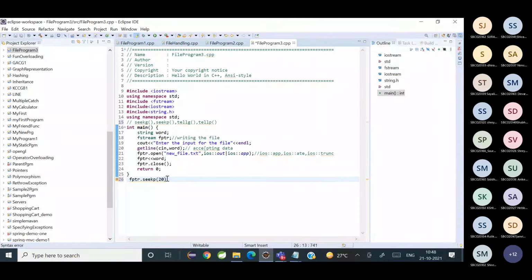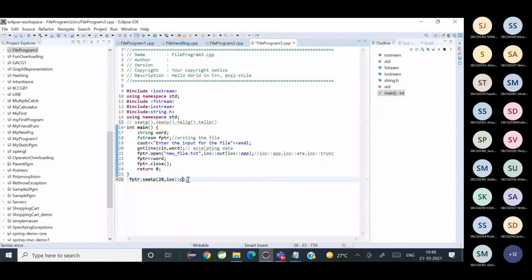Now suppose I write 20 comma ios::cur. Any idea? 20 bytes from the current location. Yes, you're going to move forward 20 bytes from the current location.